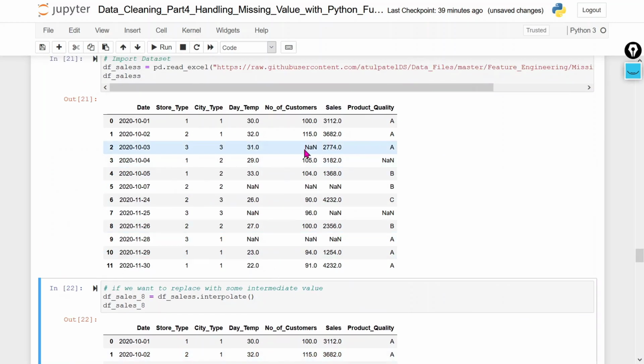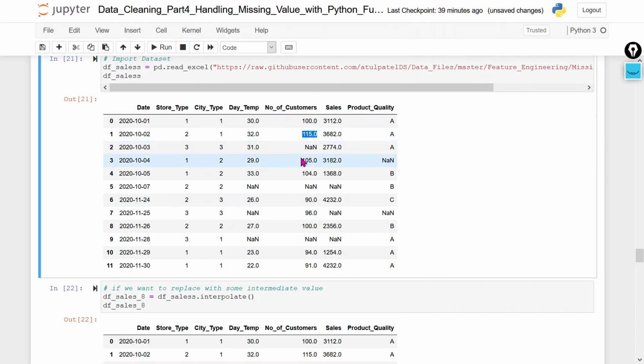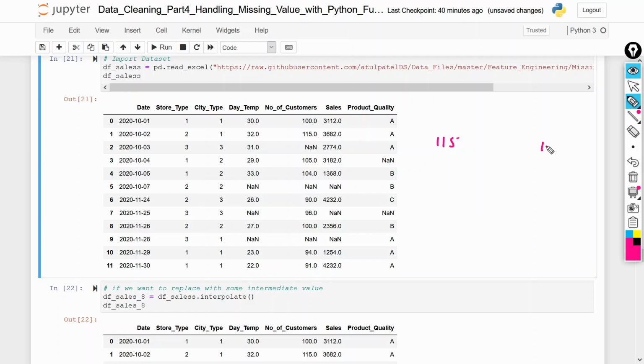Same thing here, you can see 115 and 105. So it will use the mid value. How does it work? It equally divides the data. Let this be your 115 and this be your 105. So 1, 2, 3, 4, 5, 6, 7, 8, 9, 10. It equally divides the data and chooses the mid value.